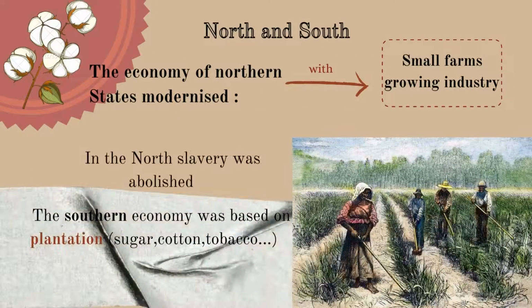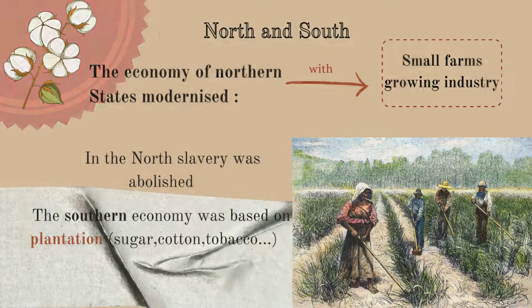The economy of the northern states modernized rapidly, with small farms based on free labor and growing industry. The South was based on large plantations. As slavery began to expand westward, many Northerners came to believe that slavery should be abolished. A network known as the Underground Railroad emerged, helping slaves to find their freedom by escaping to the northern states